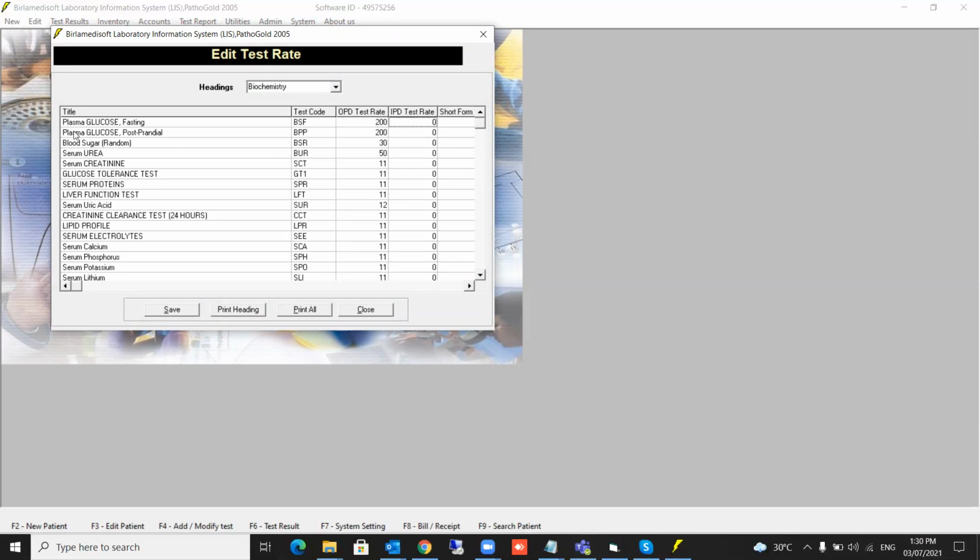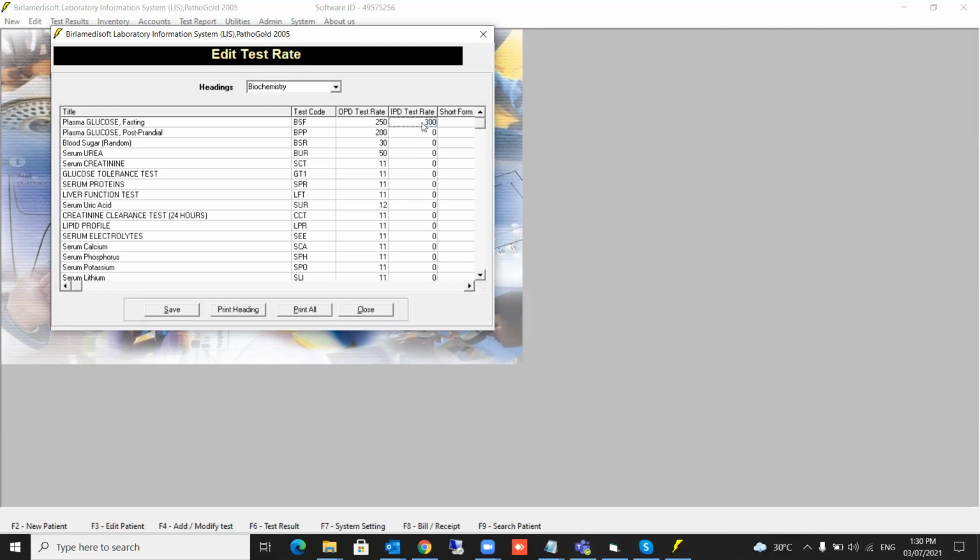Let's say I will define plasma glucose fasting as 200. Now if you want to change this rate, you have to press the enter key first, and change this rate. So instead of 200, let's say I want to write 250 into this, and here I want to write 300. Okay, so I can store this 300 like that.